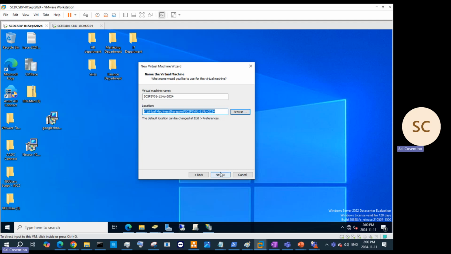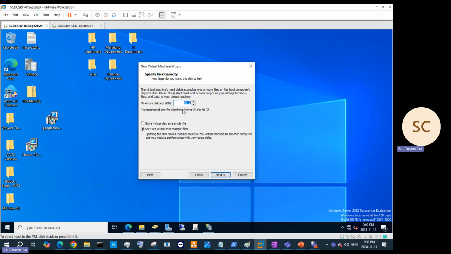That's my one server. I'm going to click next. By default, 60 is okay. It's not a big deal. I'm going to split the disk into multiple files, so it makes it easier when we're moving machines from one computer to another. That's okay. Not a big problem. This one here, we said it was going to be 250. Again, you can use 150, right? Or 80. Doesn't matter. It'll be 150. Actually, you know what? I'll keep it the way I said it. 200, fine. Doesn't matter. You're not going to use the full thing. I'm going to click next and